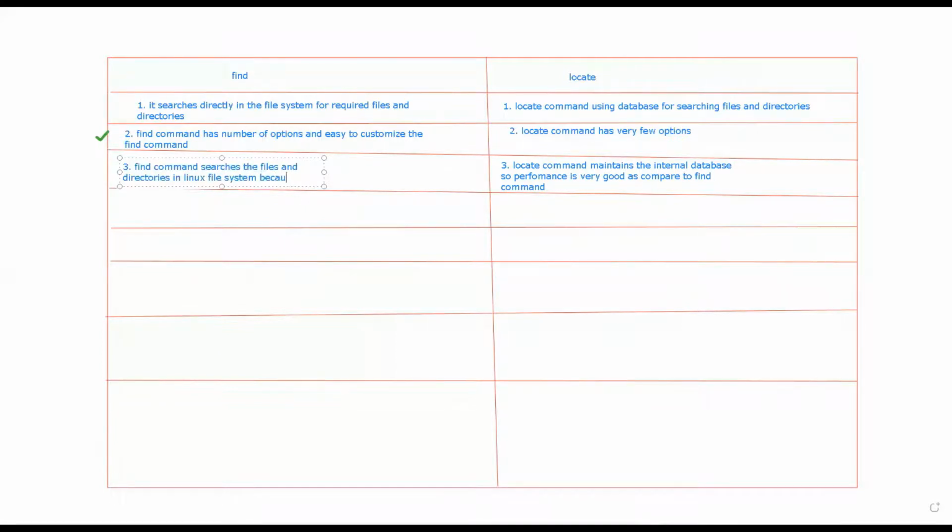Because of this, sometimes performance is not good, because you are searching in the file system.